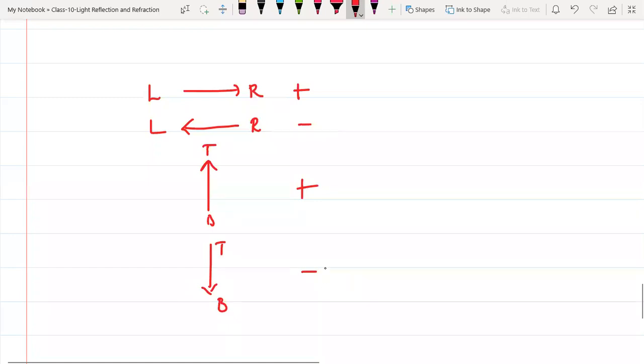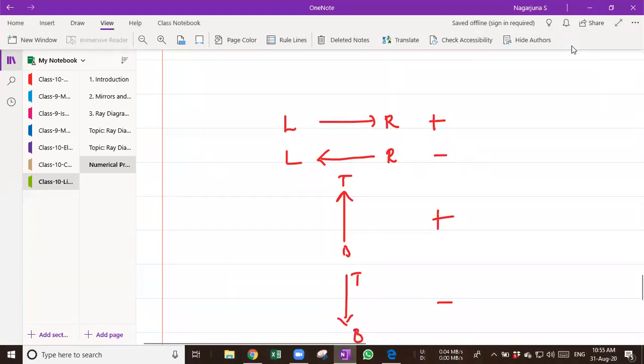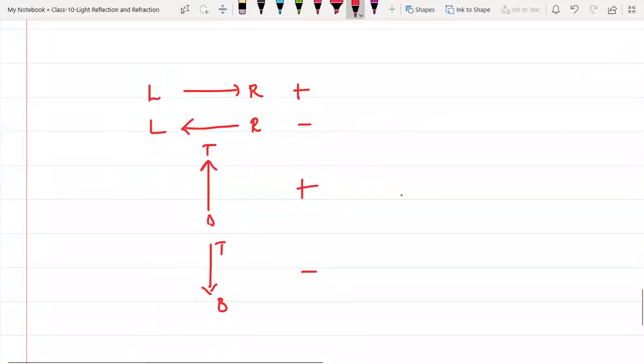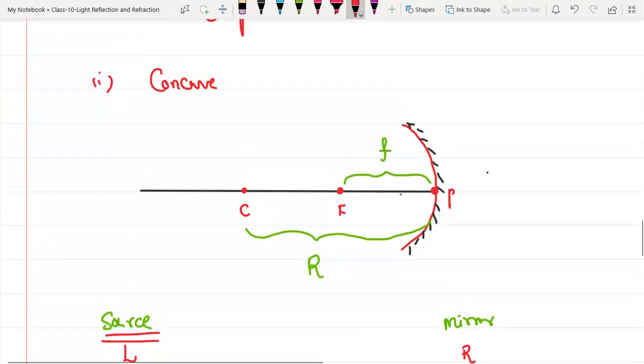So please write this in your running notes as classwork, such that whenever we are discussing problems, whenever we are discussing numericals, it will be so easy for you to understand and analyze. It's just like a graph. Now, did you get this one? I think so. Now while coming to this diagram of concave mirror, guys, whenever you are solving numerical problems,